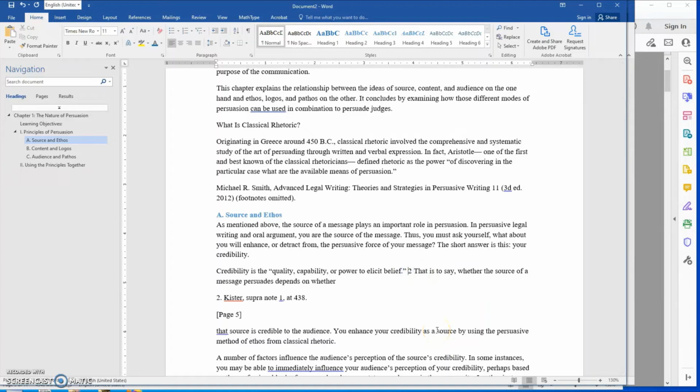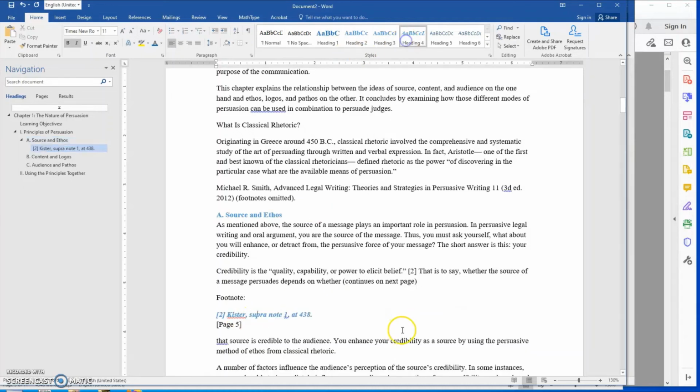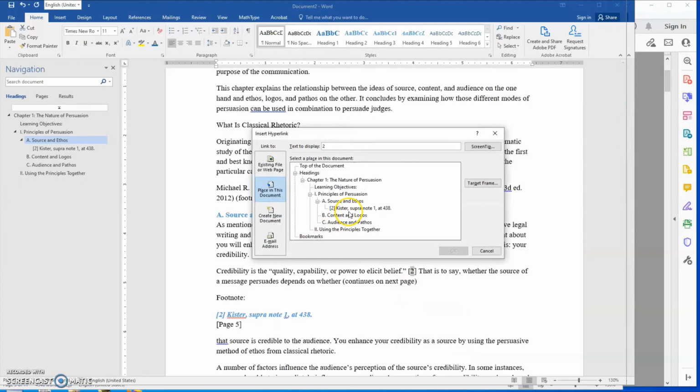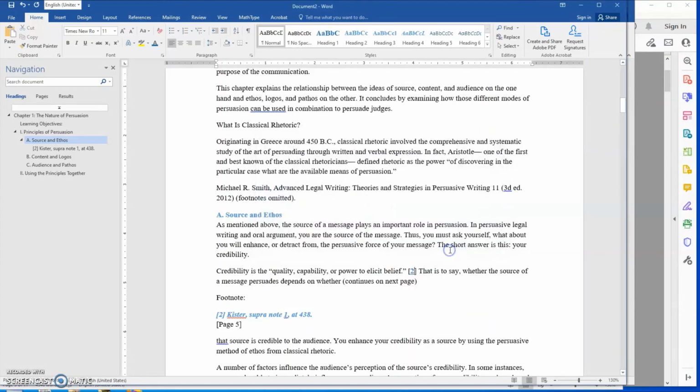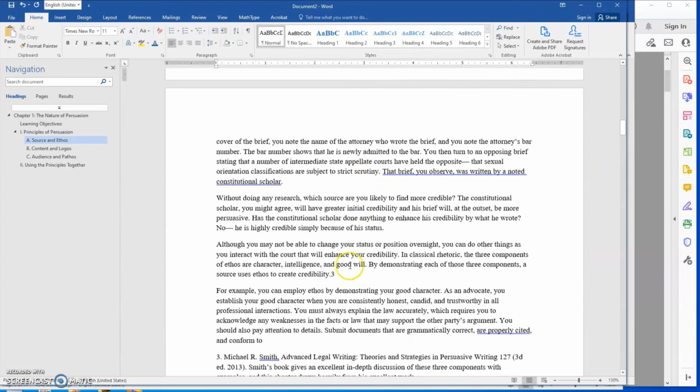Again, I'm going to surround it with a bracket. And note that this continues on next page. That we're getting a footnote. Put that in brackets. Now mark this as a heading level 4. And go find my number 2, select it, right click, hyperlink, and there it is right there. Say OK. Change the actual footnote back to normal font. I'm going to do it one more time. So we'll find our number 3, which is down here, surround it with a bracket,